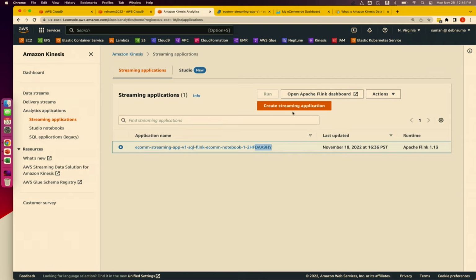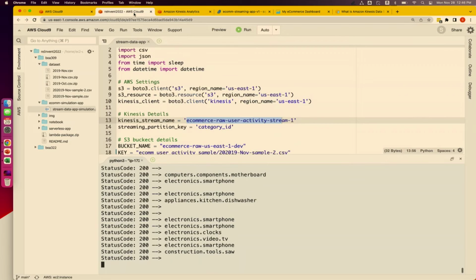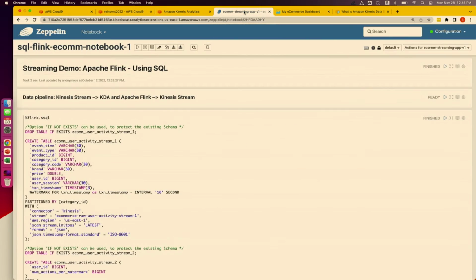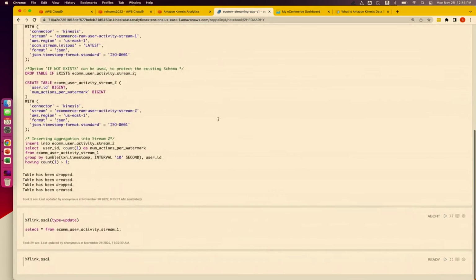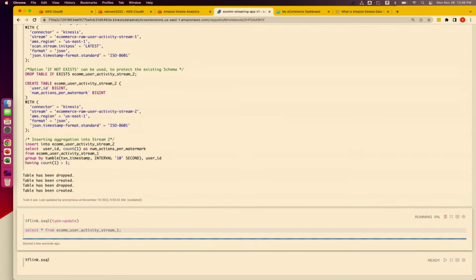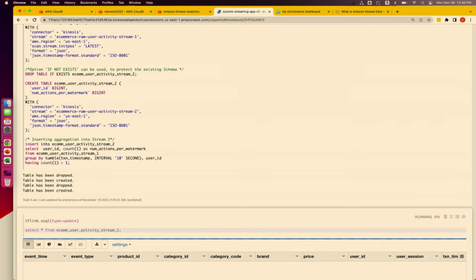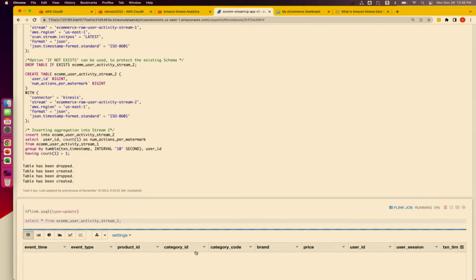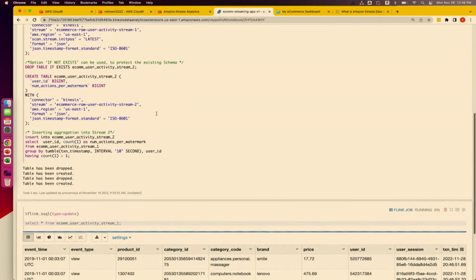Now, this application is up and running, and we can see the data we are pushing from our Python application. So now, since this is a Jupyter notebook, we can actually check if we are getting the data through that Flink or not, right? So we are just running a select query. If you see this, it has already detected the schema of the data: event time, event type, product ID, and all of that, which we have created in the schema.